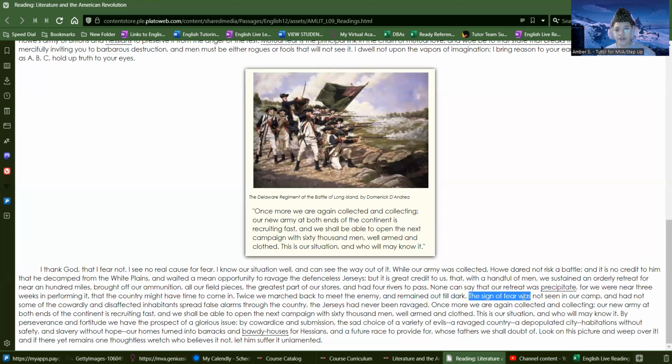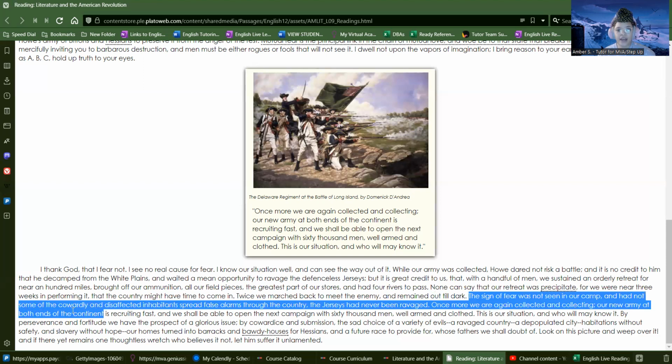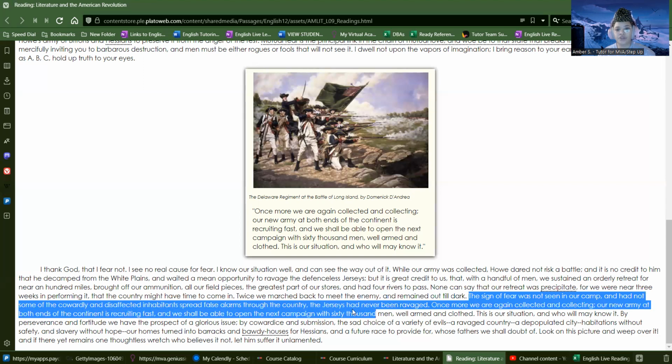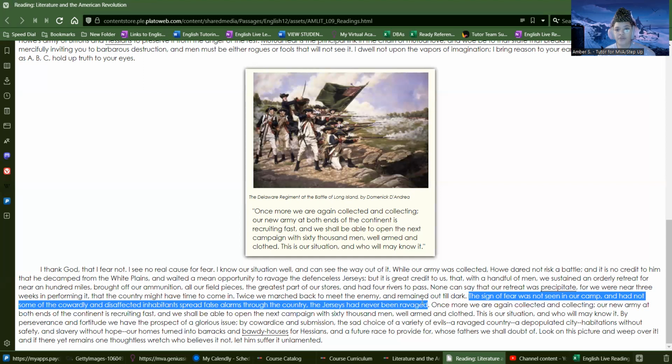The sign of fear was not seen in our camp. Had not some of the cowardly and disaffected inhabitants spread false alarms through the country, the Jerseys had never been ravaged. So he's saying that